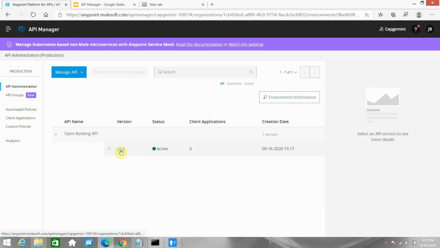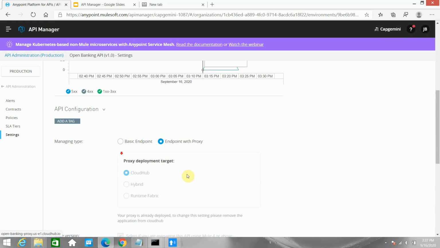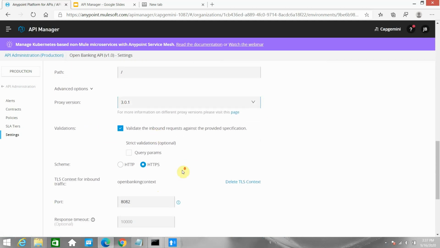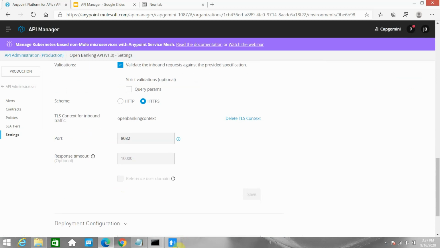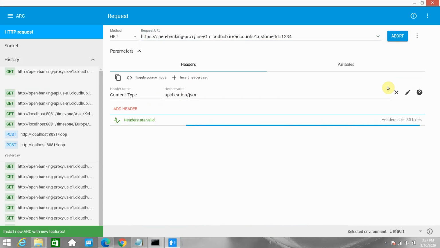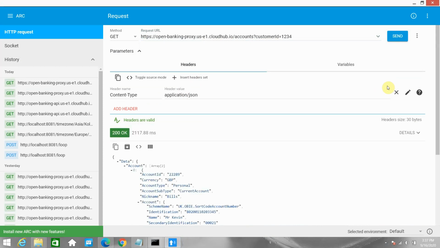Just click on this one, v1.0. Okay, so everything is fine, in advanced everything is perfect. So let me check with HTTPS now. Send. We got the successful response on HTTPS, right?